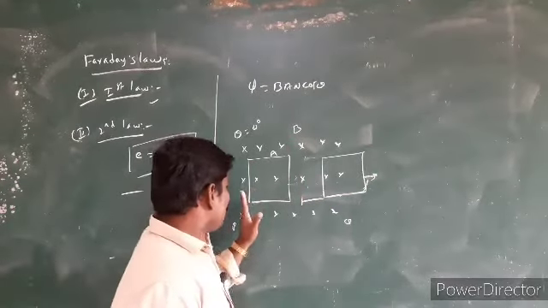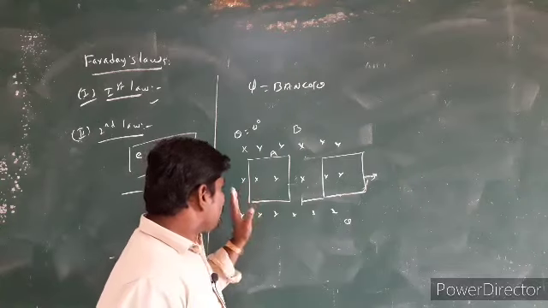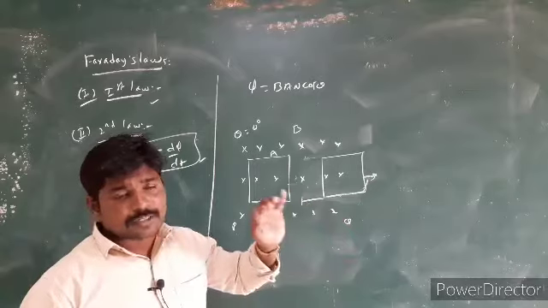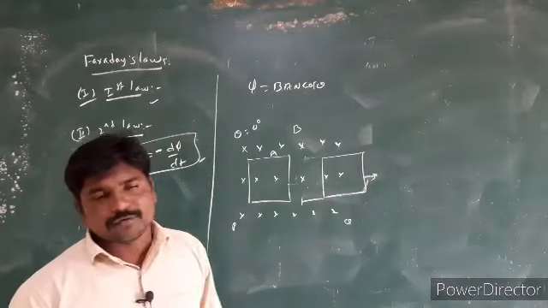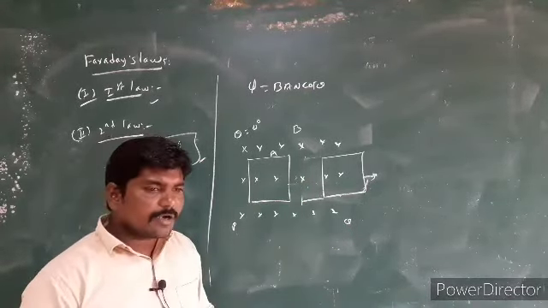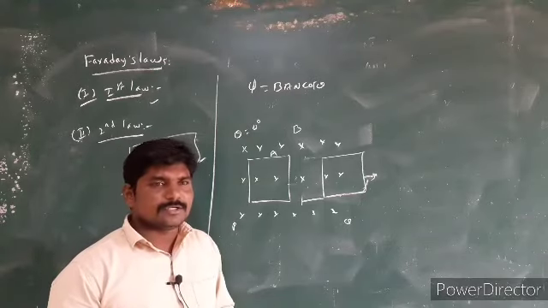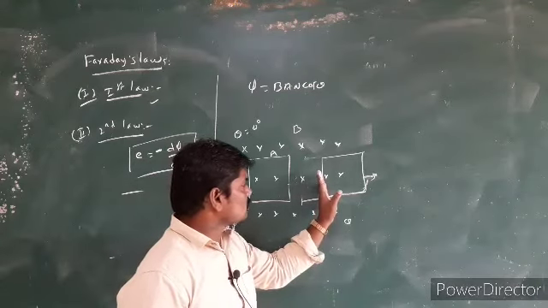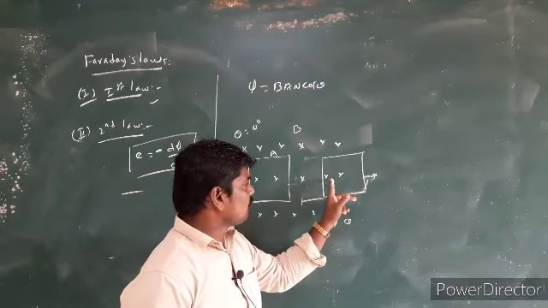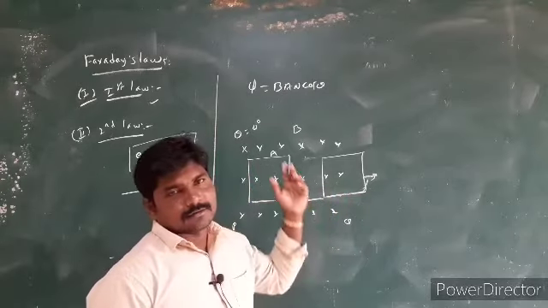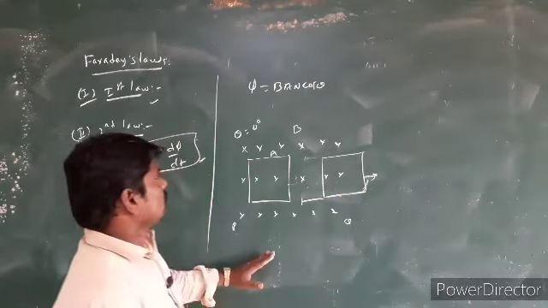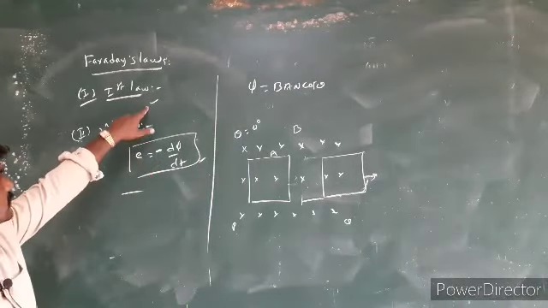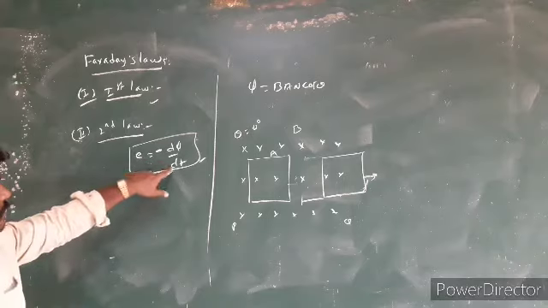But from point P to Q, when the coil is well inside the magnetic field, meaning when the coil moves well inside the magnetic field, the flux linked with the coil does not change, and EMF is not induced. But in this case, note, as it moves out of the magnetic field, the magnetic flux linked with the coil decreases and EMF is induced. Whenever the flux linked with the coil changes, EMF is induced. This is Faraday's first law. Now the induced EMF is equal to this.